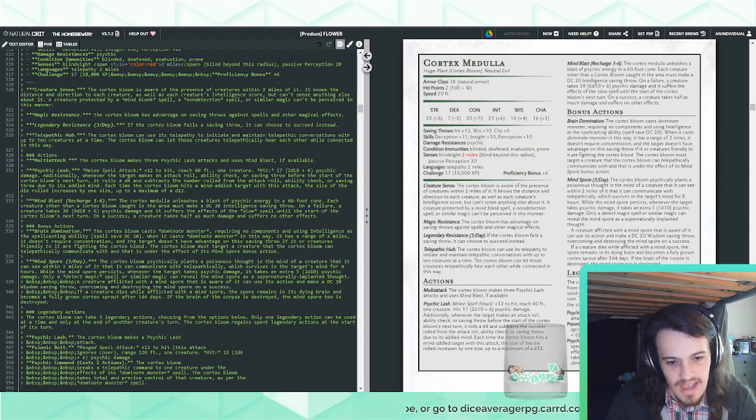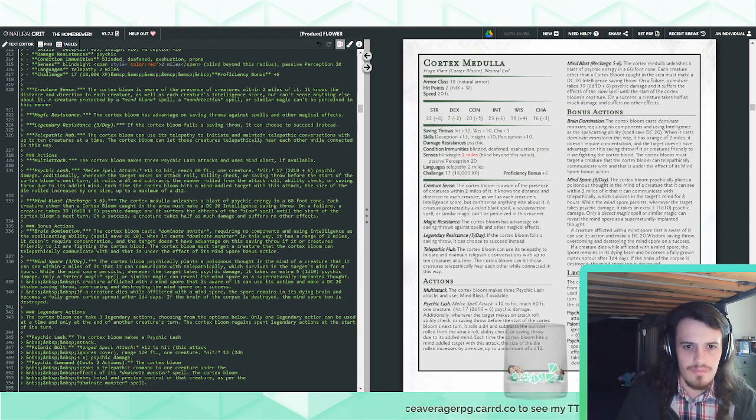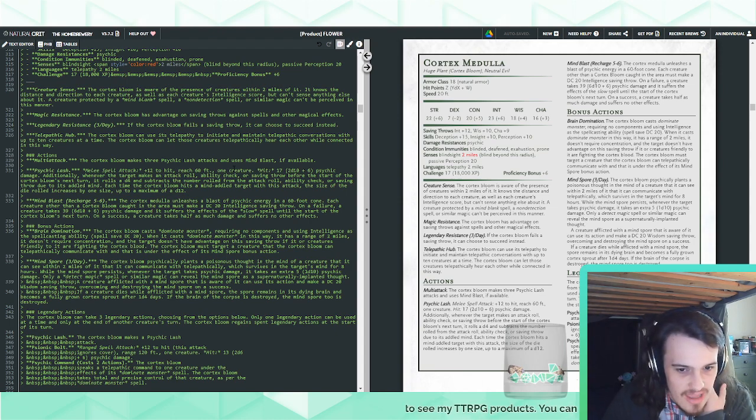It's still too high. I guess it's the fact that it can use Mind Blast as a part of its multi-attack. But, like, that's interesting is the problem. Like, that's actually really interesting. Like, monsters that have, like, dynamic or, you know, can...